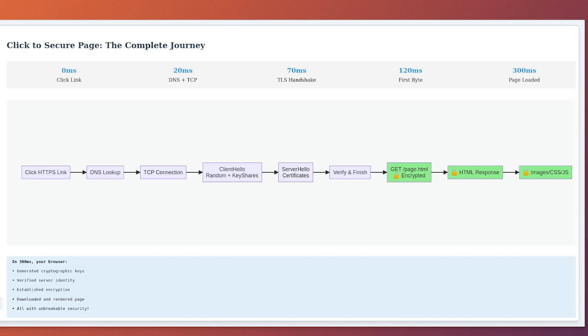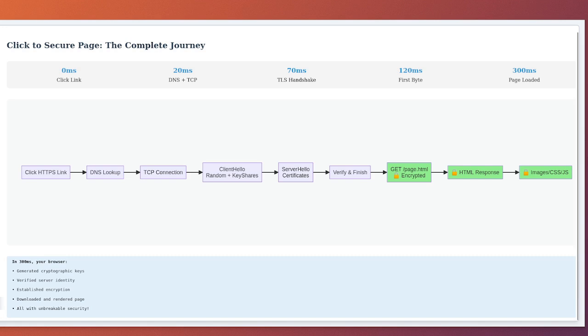The certificate verify, and finished messages are already encrypted. Your browser receives these, verifies the certificate against its trusted roots, checking is this really shop.example.com, confirms the signature, and sends its own finished. Total time: about 50 to 100 milliseconds depending on your distance from the server.